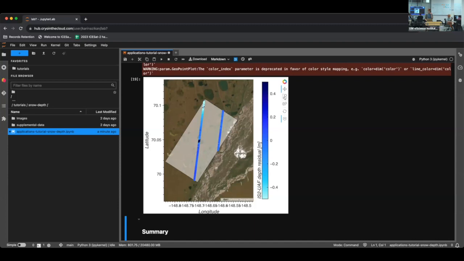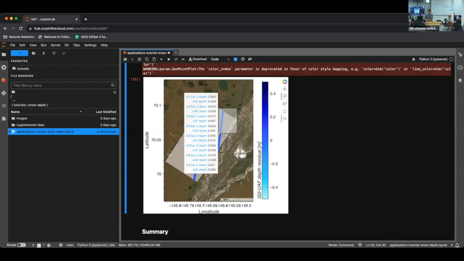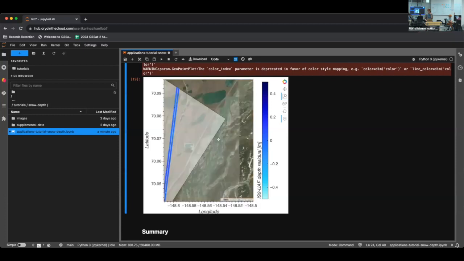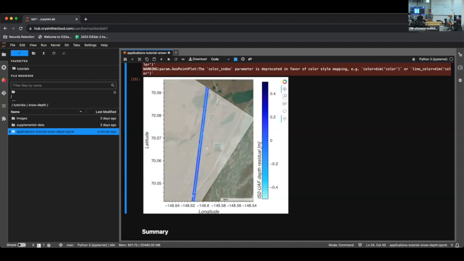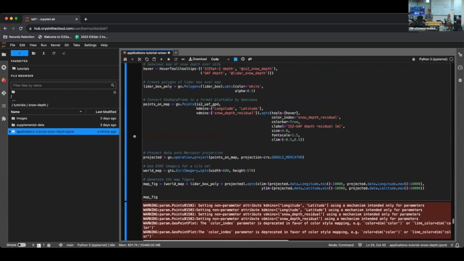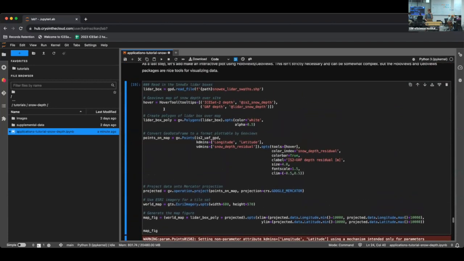Something else that's kind of nifty about this plot that I generated is that if I, for instance, zoom into this region, and if I hover over it, I can add a little tooltip that allows you to see specific parameters over the region. So if I go back up to the cell up here, I specified this using what is